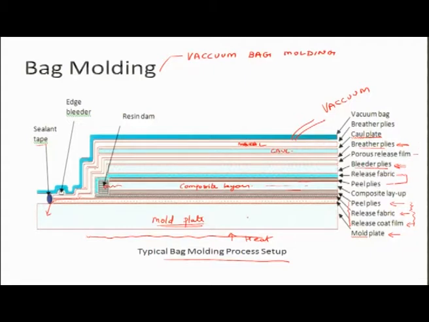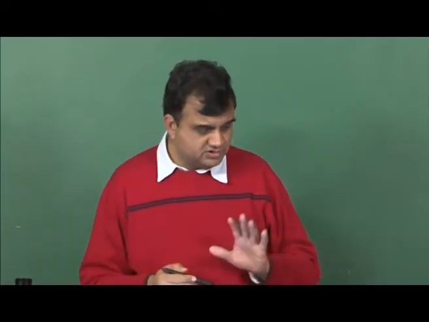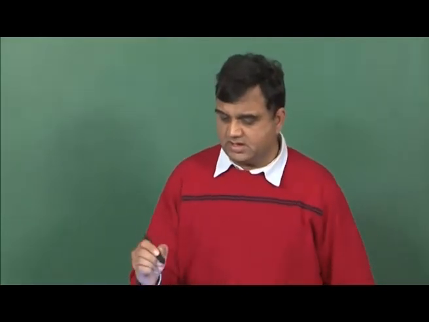all the air, and also when vacuum is applied, what will happen? If there is vacuum inside the bag, you will have external atmospheric pressure press the whole thing, right, and that atmospheric pressure presses the whole thing, and all that pressure gets transferred to caul plate, and ultimately it gets absorbed by the mold plate. So the whole thing becomes dense, and you have a good consistency, high quality part. Also because this pressure is there, whatever small air bubbles are there, they also get squished out, and the surface becomes flat. So this is what vacuum bag molding is about.